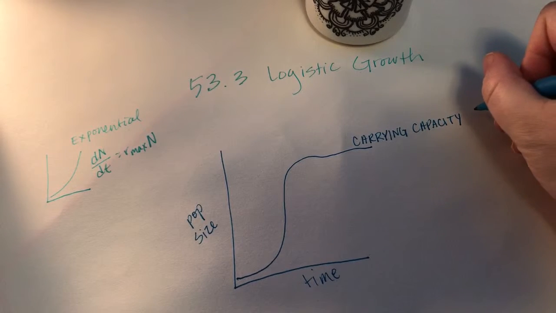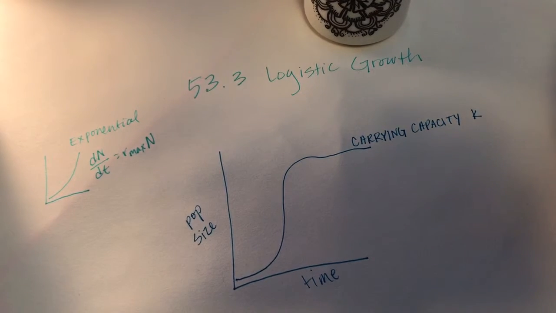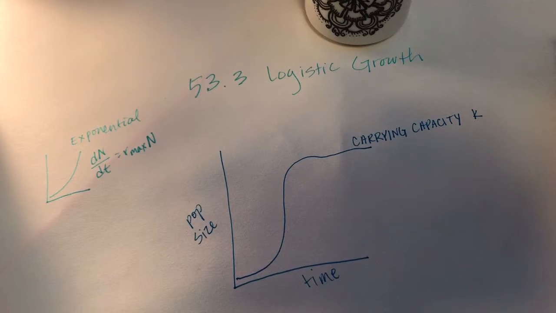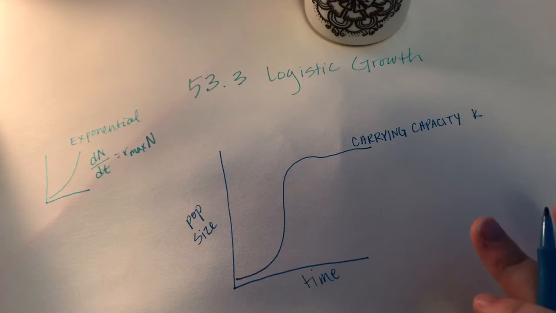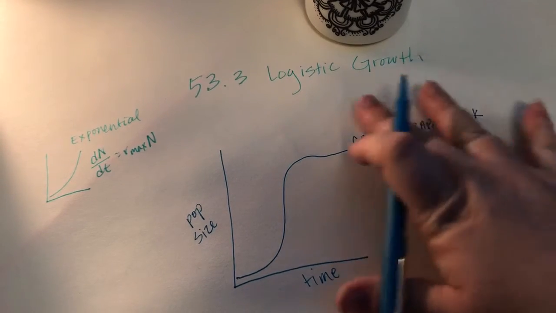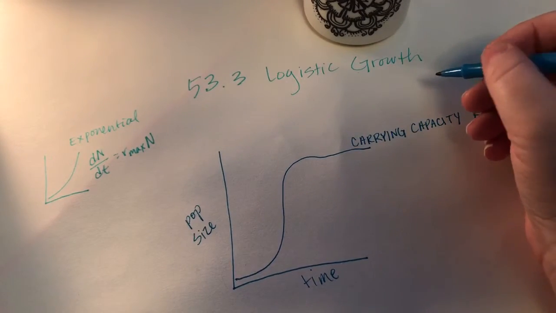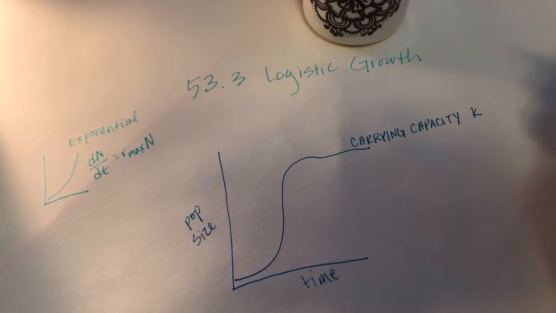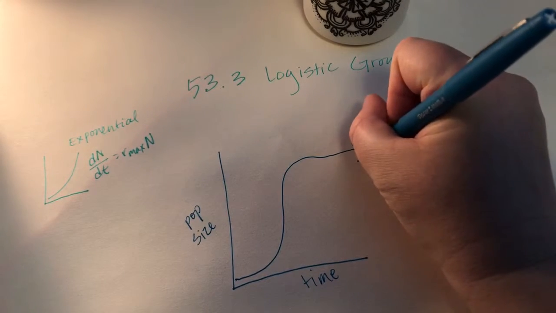And we're going to abbreviate that with a K. It's a big K. And there's going to be another equation, but I'm going to hold off on that for a second. It'll go up here. Carrying capacity is the maximum population size